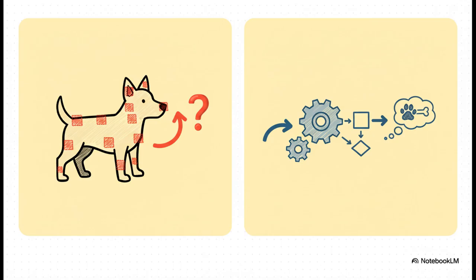Okay, so this slide really gets to the heart of the difference. The old way of explaining AI, on the left, was all about correlation. It would just ask, which pixels did the AI look at to see a dog? But mechanistic interpretability, on the right, that's a whole different ballgame. It asks a much deeper question. What is the actual algorithm the AI ran to understand the very concept of dogness?